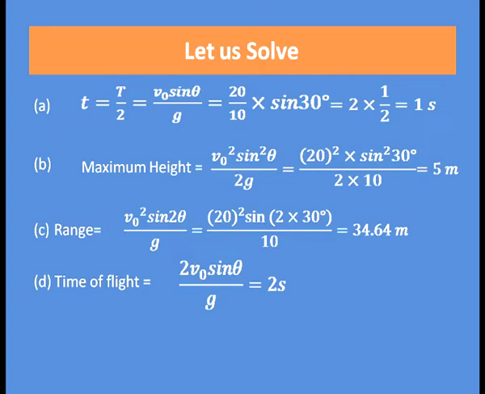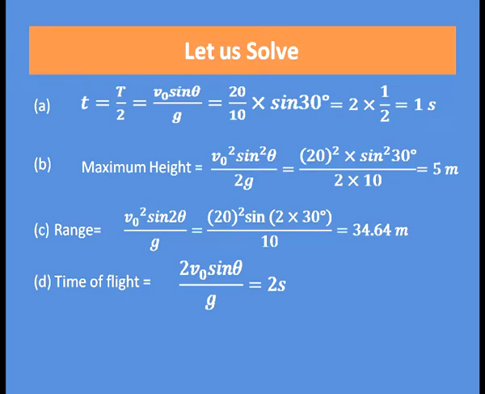Maximum height equal to V0 square sin square theta divided by 2g, that is equal to, if you put all the values given, then it becomes 5 meter. So, the maximum height covered is 5 meter. Now, you can also calculate range by putting all the values given and the formula for range, that is V0 square sin 2 theta divided by g, which is equal to